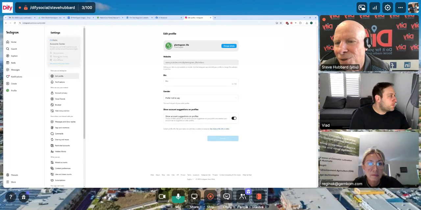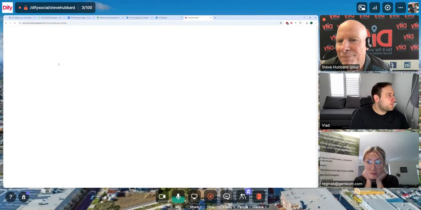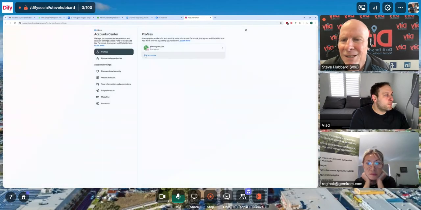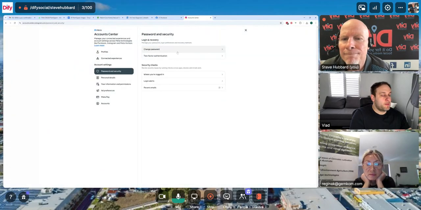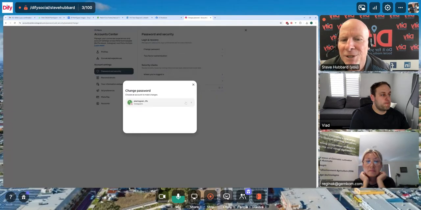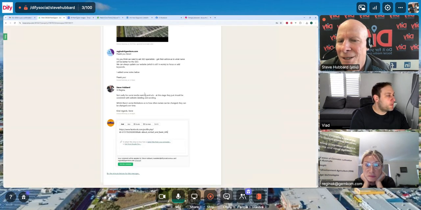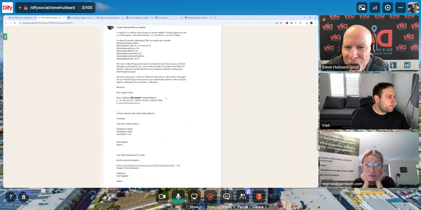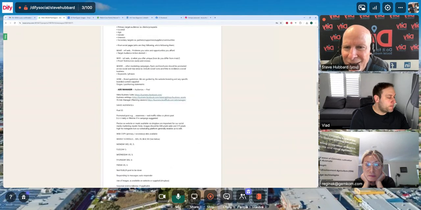What I might get you to do is update password for me. So click on change password. If you go to Basecamp, I've given you a suggested one. So I'll get you to copy and paste that for me. So if you scroll up again, I think I've put it under X. So